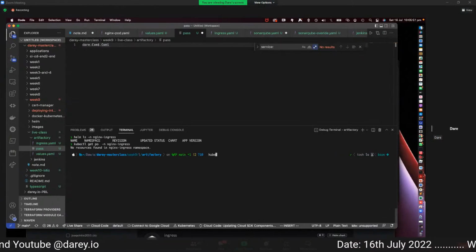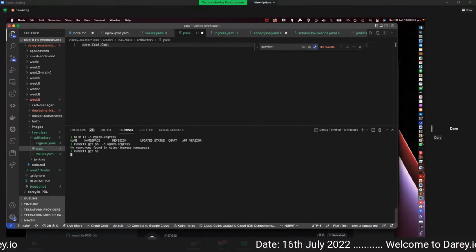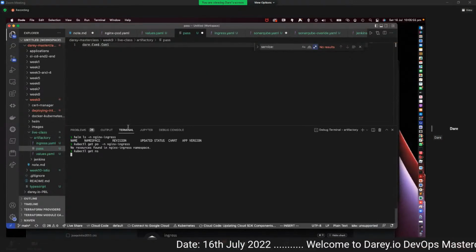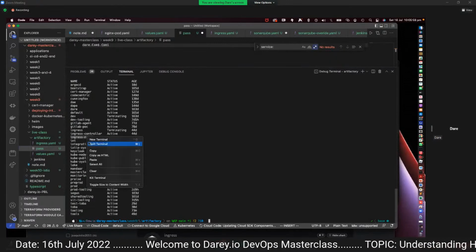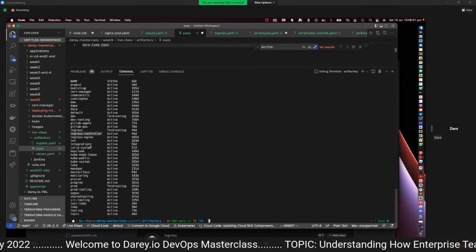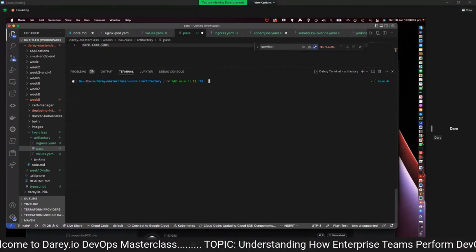Yeah, kubectl get namespace. Probably not getting the name of the namespace, right? I have a lot of namespaces here. Okay, it's called Nginx Ingress. I think I have another one, Nginx controller, but let's see. First of all,